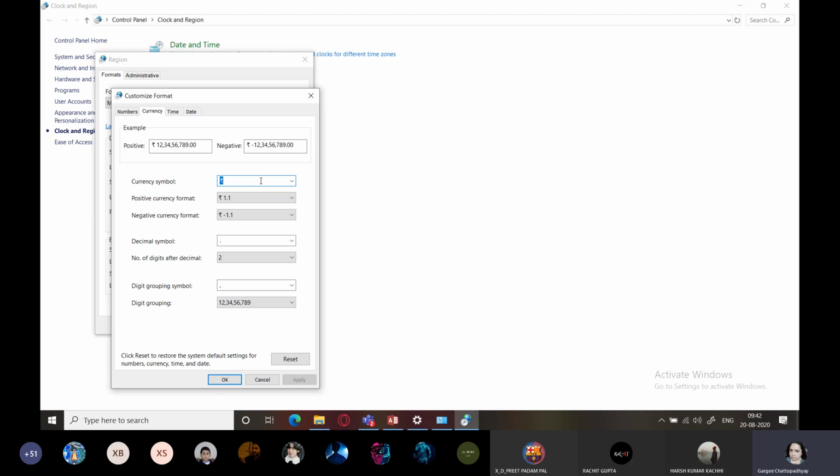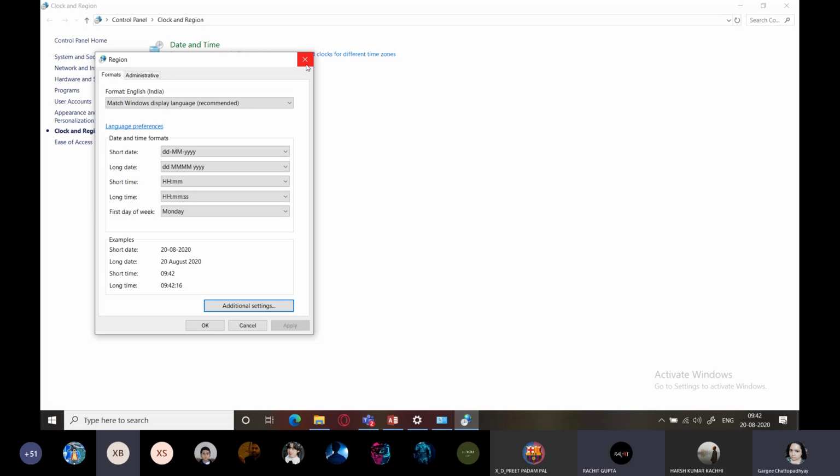Okay, so you can enter the rupee symbol from somewhere. Normally modern desktop keyboards get a rupee symbol also, so you can use it along with the right side alt key. Okay, so press the alt key on the right hand side and press the numeric key which has a rupee symbol on it, you will get the rupee symbol. Okay, try doing this. But on most computers you won't get this setting because it all depends upon the Windows updates.